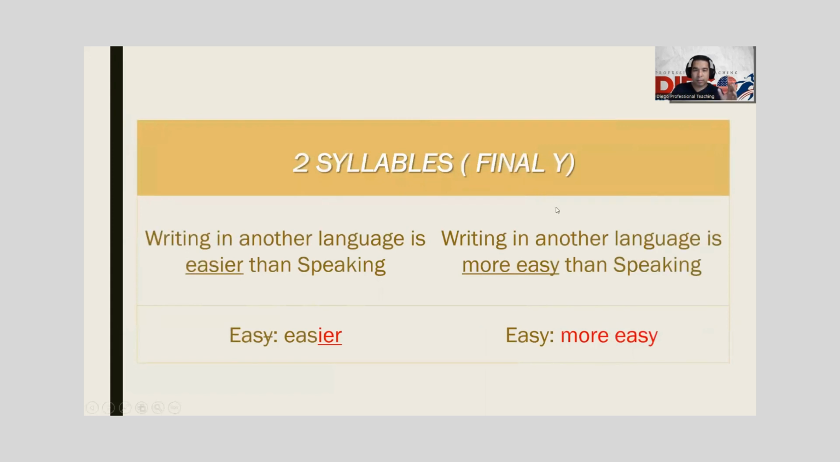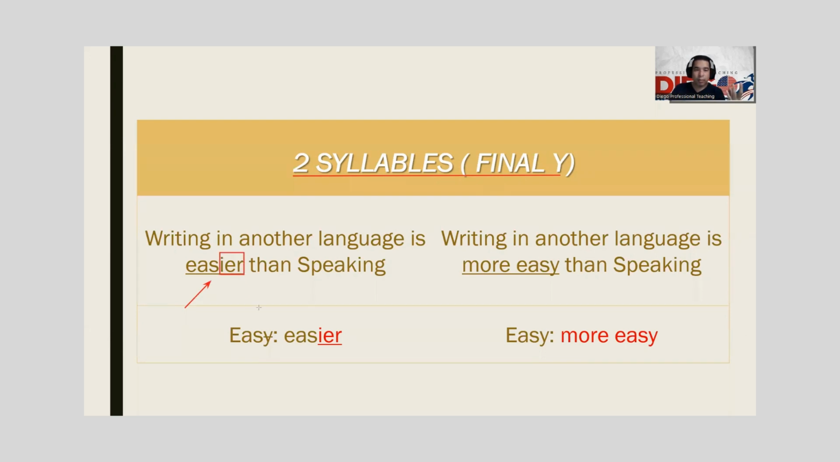What about this? When we have two syllables and we have a final Y. Attention here, two syllables and they have a final Y. They end in Y. Usually, the most common rule is that we do this. For example, writing in another language is easier than speaking. In this case, I'm describing activities. And what I'm using here for making the comparison, I'm using